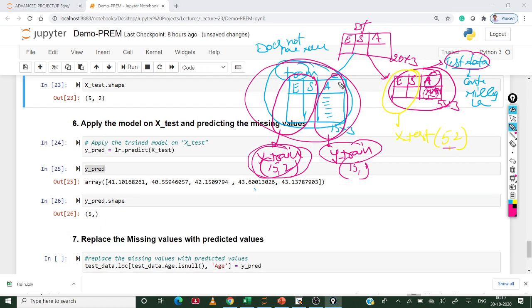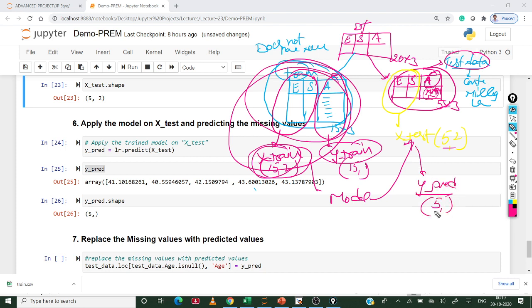So we got the model, this model is applied on X test, we got the Y pred. Y pred shape is only 5.